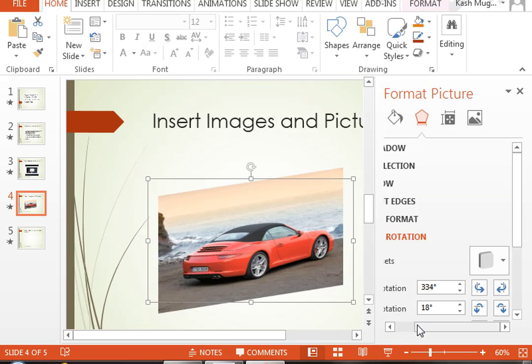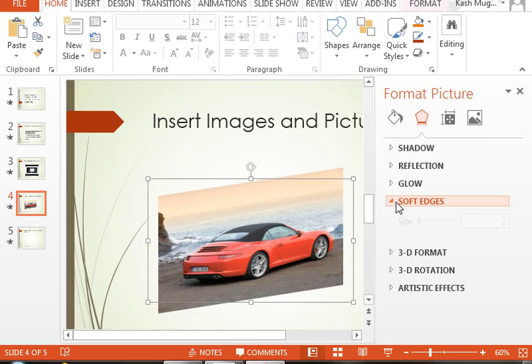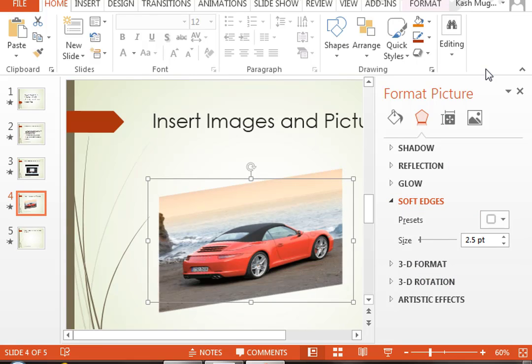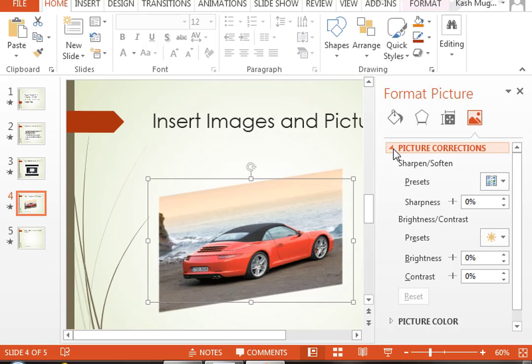We can add some borders if we needed to. We can make some soft edges. Lots and lots of things you can definitely do with these images. Now I do like one option in here. So this one right now we're working with the effects. We can also go to the actual picture, okay, and we can do things like make it hazy, make it